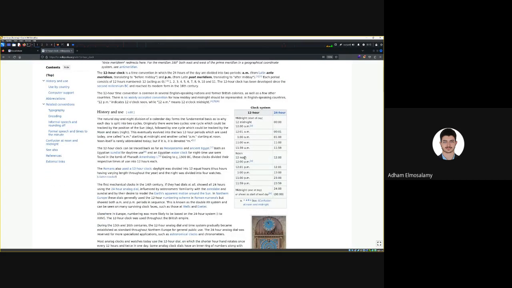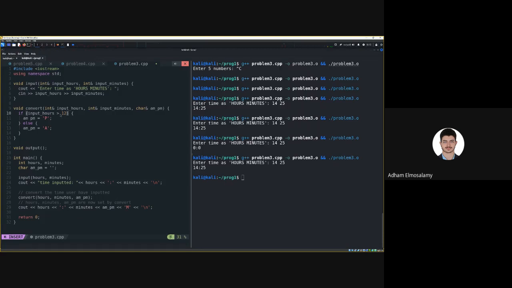Okay, we have a graph here. So 12 noon. Okay, so in 24-hour time, 12 exactly is PM. Midnight, 24 exactly, or 00, is AM. So if it is bigger than or equal to 12, so afternoon, then it is P. Otherwise, anything that's less than 12 is going to be A,